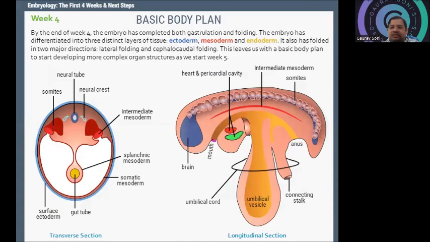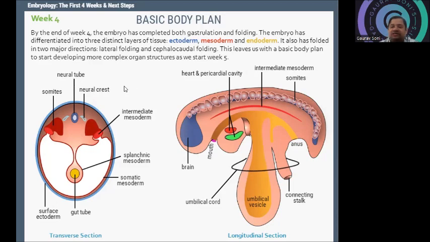So you can see here that basic plan means all the basic structures are now going to be formed, especially the 3 germ layers. So by the end of week 4, the embryo has completed both gastrulation and folding. The embryo is differentiated into the 3 different tissues, ectoderm, mesoderm, and endoderm. It has also folded, lateral folding and cephalo-caudal folding, which leaves us with a basic body plan to start developing more complex structures as we are going to start the further development of